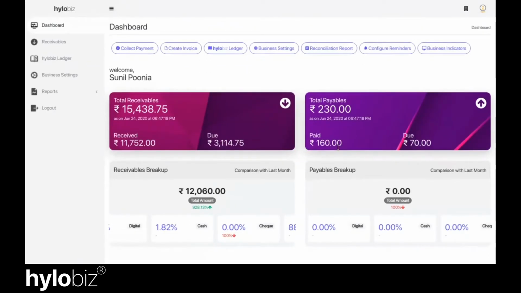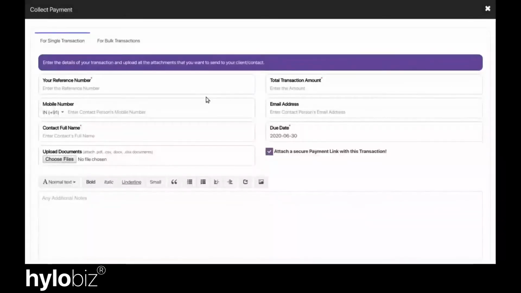Now we will go through the collect payment service and we'll show you how it works. There are two ways to collect payment: single transaction and bulk uploads. For a single transaction, you need to punch in your invoice number, enter the amount that you want to raise the invoice for, and the mobile number of the customer to whom you want to raise this invoice,